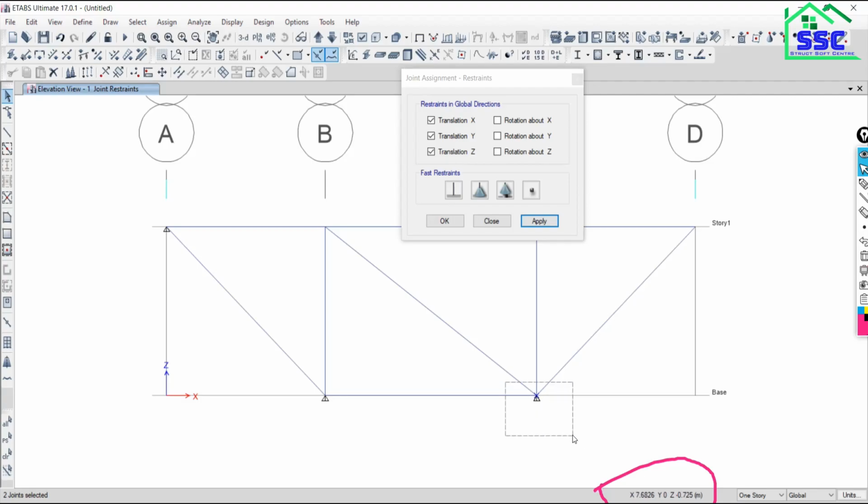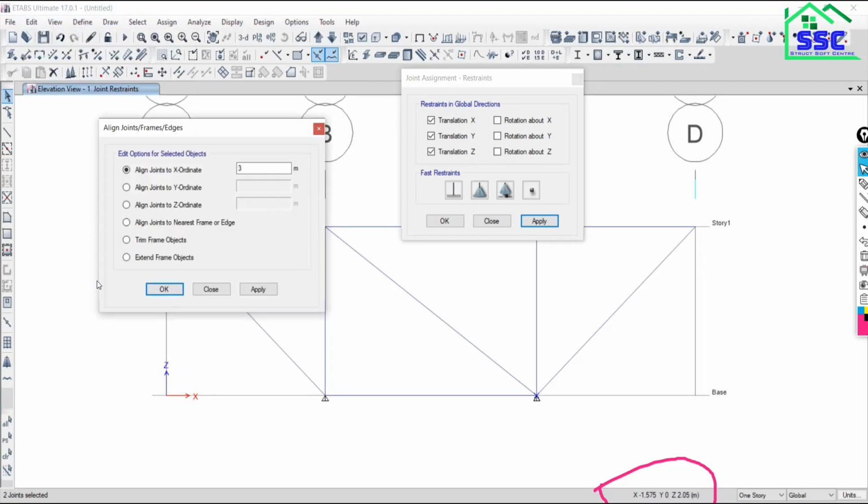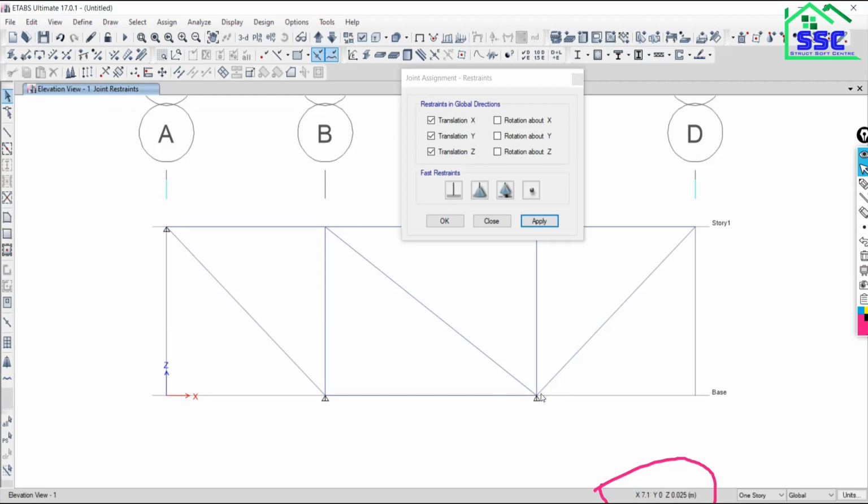So go to Edit, Align, Joints and Frame Edges, and put 7. Say apply. As you can see, dragging from left to right, only one joint has been selected. Got it?